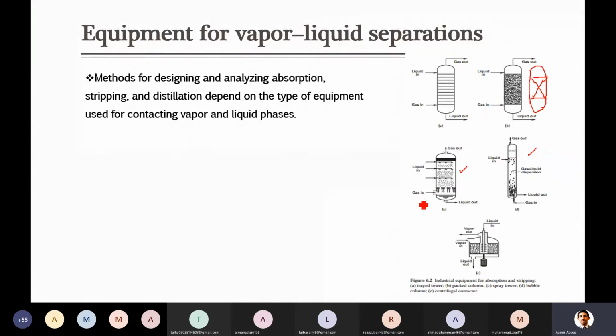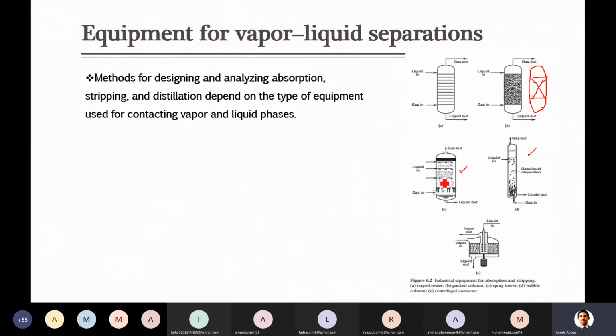By the way, some of you can think that the other three are easy to construct. Maybe this one, yes, a bit complex. It contains some centrifuge system, but these two are simple columns and no much effort, so it is not that costly, but these are costly. But at the end of the day, we need the mass transfer. We have to reach some goal of separating some gas, so definitely we have to go for this choice.